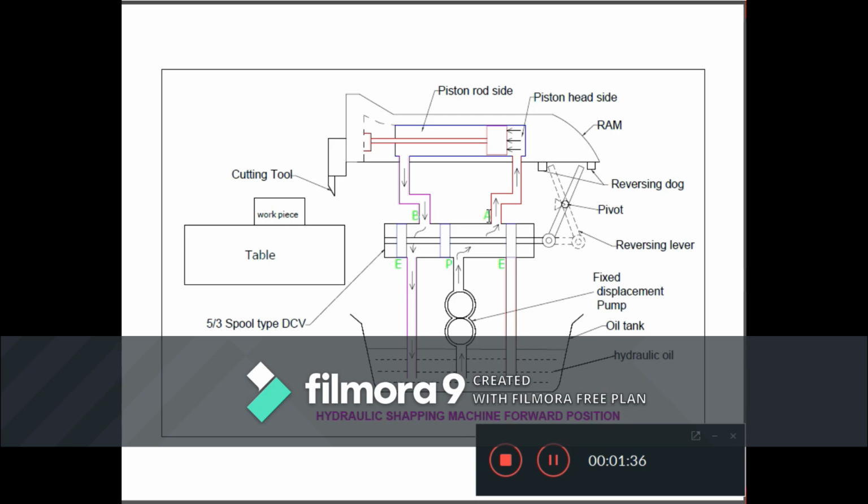Therefore, this fixed displacement pump lifts oil and supplies it to the hydraulic piston through port P and A. Therefore, oil available in the piston head side pushes the piston in the forward direction.